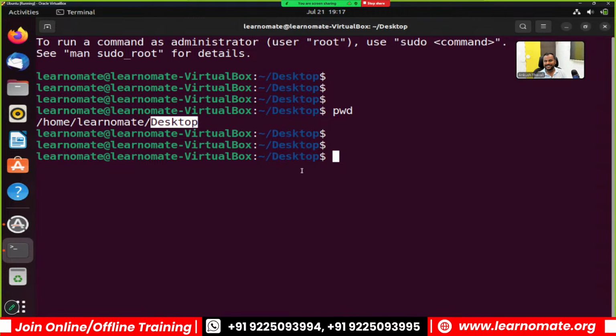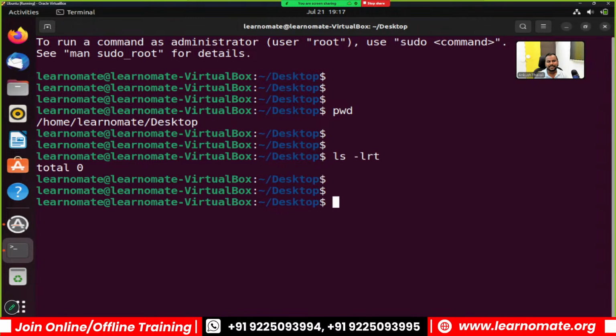There is one more option. The shortcut is you can check here also. I am inside the desktop folder. Now I want to know what all files are available under the desktop folder. Okay, I am inside the desktop, but what files are there? If I fire ls -lrt, you can see here that total 0 means I don't have any files